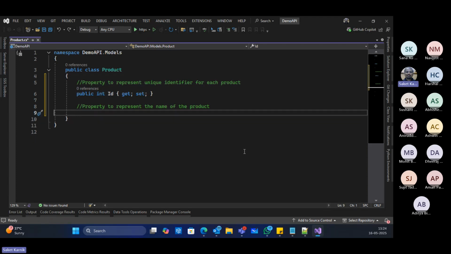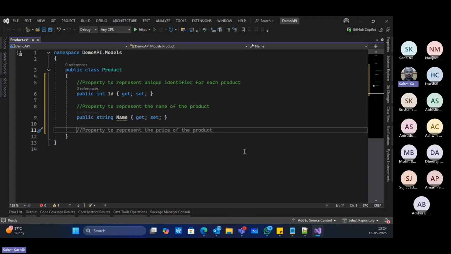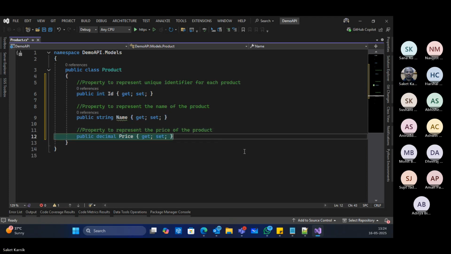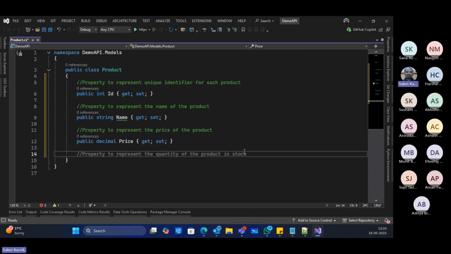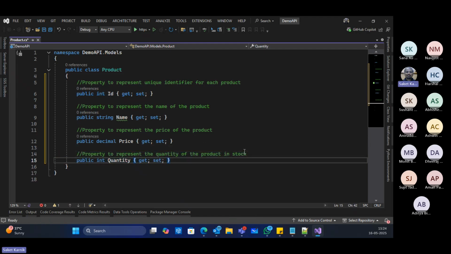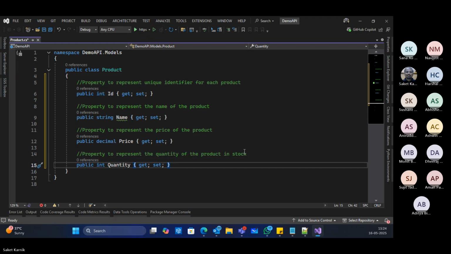So what I do is I press tab. Then it says price. I am okay. Done. Then I say quantity in stock. Quantity. If I want more, I can just continue like that. Understand? And see here also, I'm already logged in with GitHub Copilot. You get the option here, right? And from here, you can simply log in. You can upgrade to GitHub Copilot Pro and all easily. Understand?